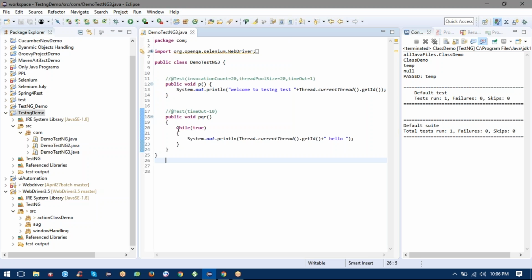In my last session, I designed a couple of test cases with the help of the @Test annotation. Testng is based on different annotations. You can have a look, these are the Testng annotations, and if you want a look, suppose that you have designed one simple